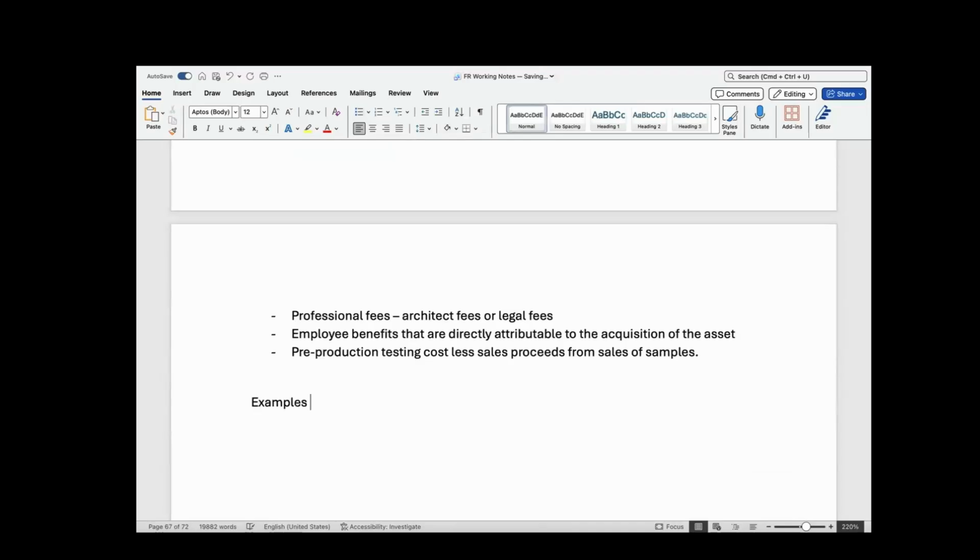Now, it's important I mention at this stage examples of costs that are not directly attributable. Okay, yes, these are the ones that are directly attributable, but there are some that look as if they are directly attributable, but the reality is that they are not. And a typical example that gets a lot of students confused is staff training. Students usually think staff training is directly attributable,